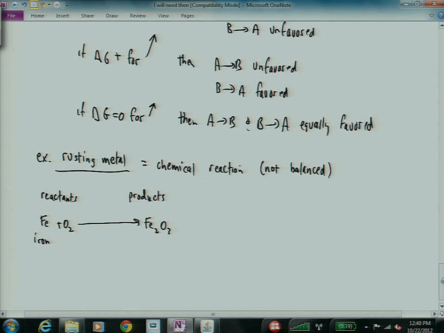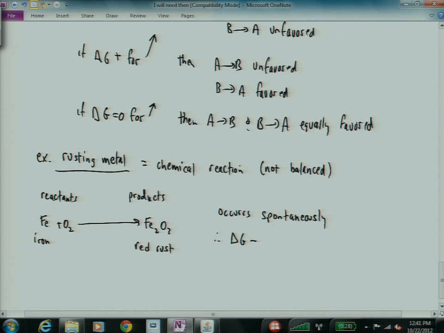And this occurs spontaneously. That is, your car just sits there and it rusts. That means delta G is negative. That is, the favored reaction is iron rusting. If you just sit there, your car will rust. The hotter it is, the faster it rusts, but it's going to rust on you. Yes? We're not going to talk about catalysts right now. If you leave it long enough, your car will rust. And the hotter you heat it, the faster it rusts. So delta G is negative.